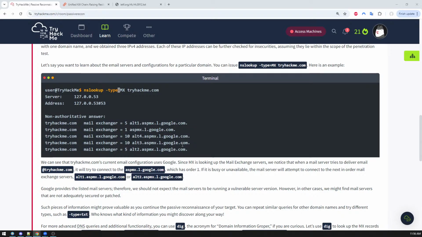aspmx.l.google.com, which has order one. Is that an L or a 1? The 1 is written after the equals sign, so it's the order. Sorry, my mistake, it's an L. The number after mail exchanger equals is the priority. If it is busy or unavailable, the mail server will attempt to